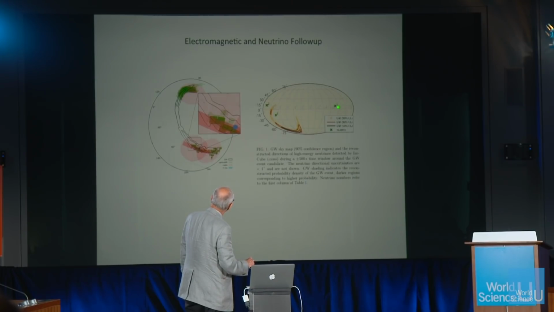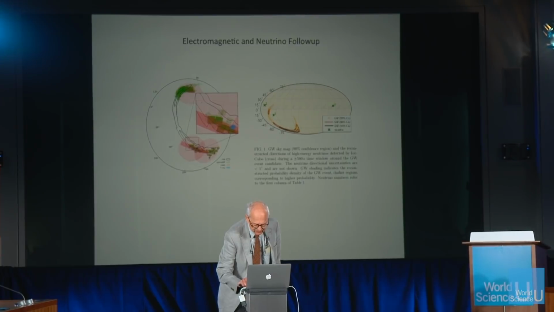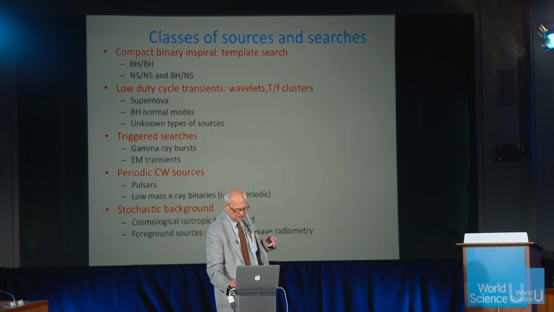And they saw nothing. On the other hand, the neutrinos, here's from the South Pole, the IceCube experiment looked for detections. But here's the error bar that we gave them. This is a different projection on the sky, and they saw nothing at that time. There's one group of people who thought they did see something, and that's the Fermi telescope, the gamma ray telescope, and I'm not sure that is a trustworthy thing.